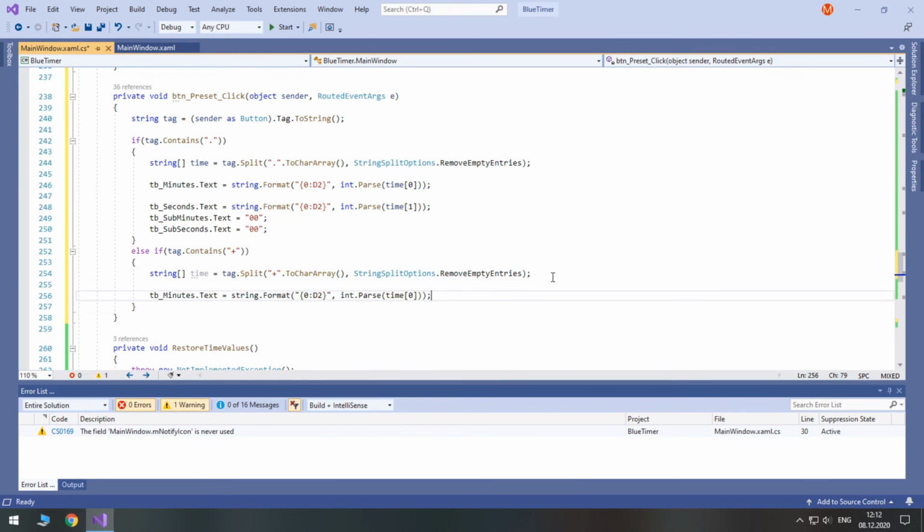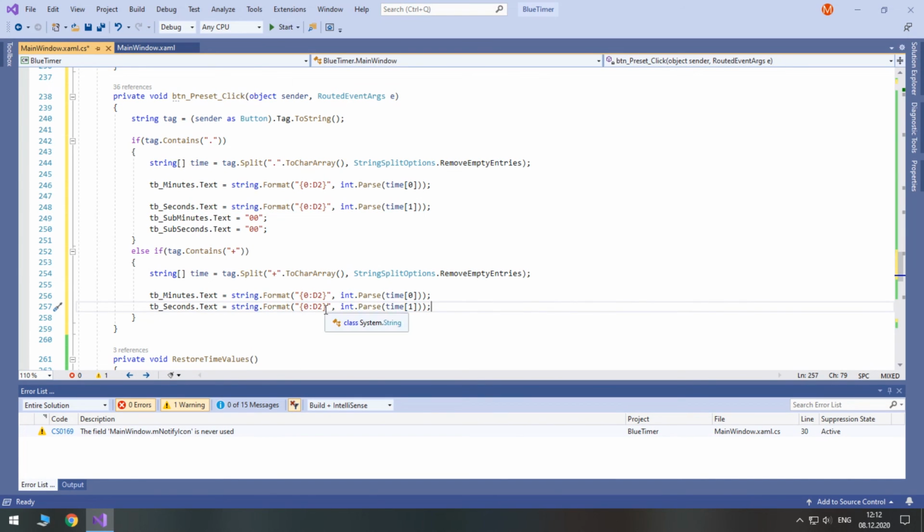Then we set the text of appropriate text boxes using the parse method of int. It will be faster if we duplicate our code from parsing a dot and then change it as we need it. Presets with the plus will only set minutes for the main timer and the subtimer. So set seconds to 2 zeros. Note that we do not change hours at all.